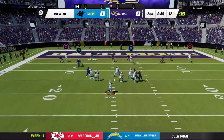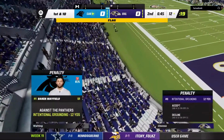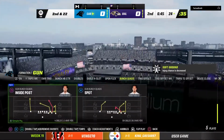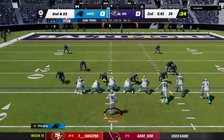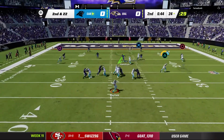They go back to the air here after the INT on the last drive. And this is thrown to the sideline. No receiver in the area, though, and that's going to bring out a flag. We saw it, too. Nobody in the vicinity of that throw, and that earns him the penalty. Yeah, you've got to at least get it close enough to one of your own guys in order to dodge the penalty. They lose the yardage, and, of course, they also lose the down on the grounding call, and it's